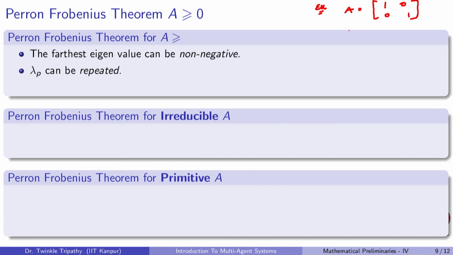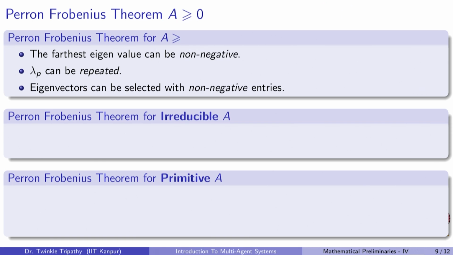Here, the eigenvalues are actually 1 and 1, meaning lambda p is a repeated eigenvalue. And again, in these cases, we need to relax the condition which we had before, like the associated eigenvector, which is Wp, the left eigenvector, and Vp, the right eigenvector. Now, both of them can actually have entries which can also take 0 entries, meaning